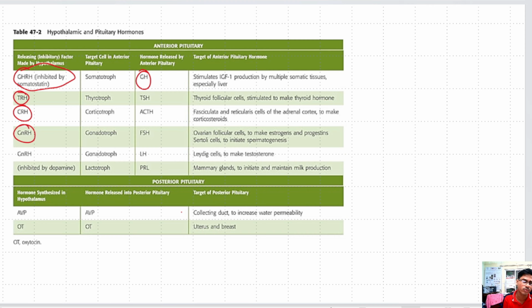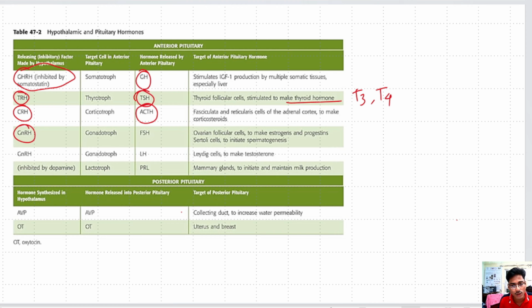So let's talk about the TRH and the TSH. TSH is the thyroid stimulating hormone, and this hormone is released from the anterior pituitary and then comes through the blood and works on the thyroid gland, and that acts on the thyroid follicular cells, and that stimulates the thyroid hormone. Thyroid hormone, you know about T3 and T4. We will discuss later, when we talk about the thyroid gland, how T3 and T4 are synthesized by the stimulation of the TSH. Now the CRH acts on the corticotropes, and the corticotropes release the adrenocorticotropic hormone, and that